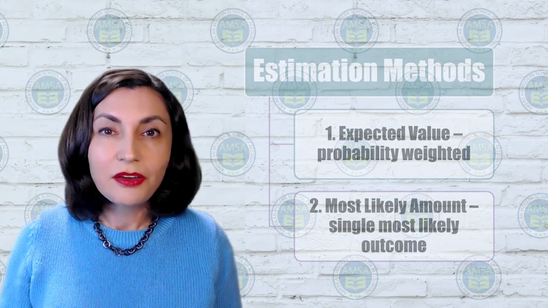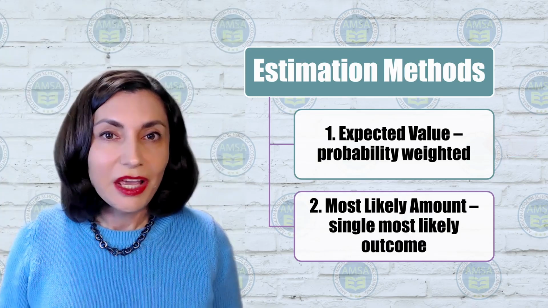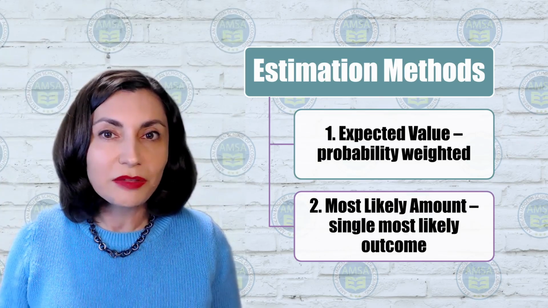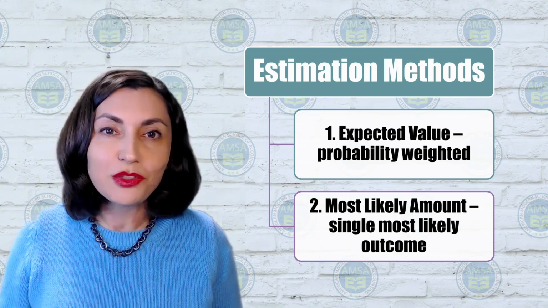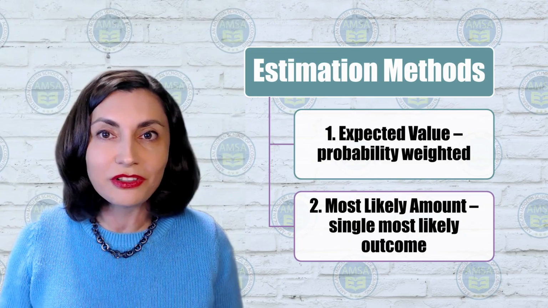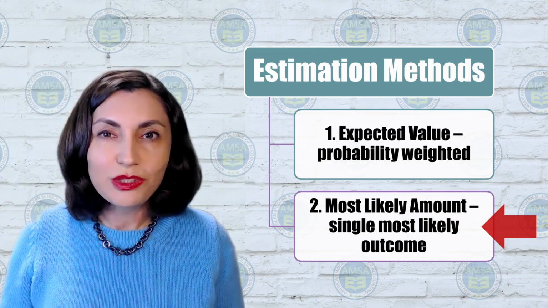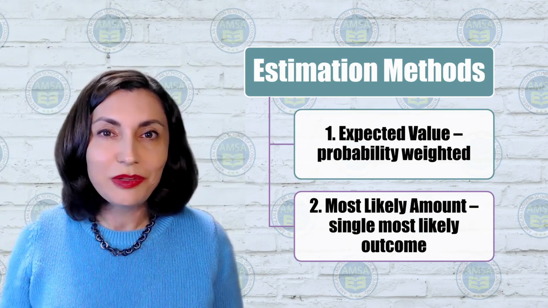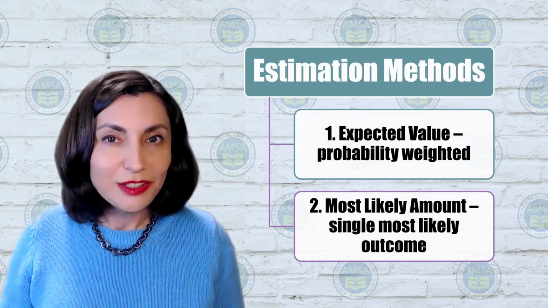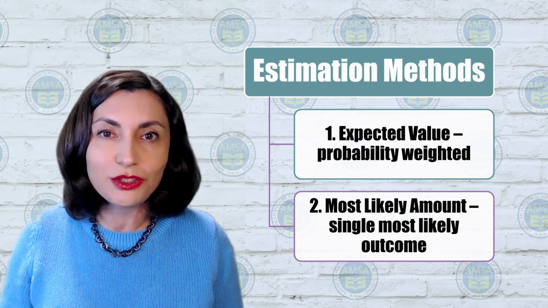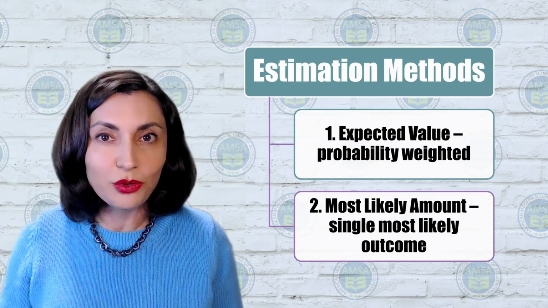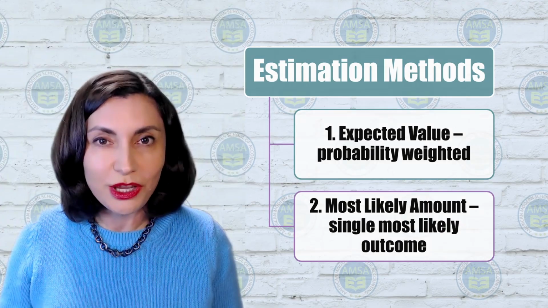To achieve this, they employ one of two methods. First, expected value method, a probability-weighted average of possible outcomes. This method is most effective when a company has numerous similar contracts. Second, most likely amount method. This is simply the single most likely outcome. It's usually used when the contract has only two possible results, like bonus or no bonus, or discount or no discount. Companies select between these two methods based on which approach better predicts the amount of consideration to which a